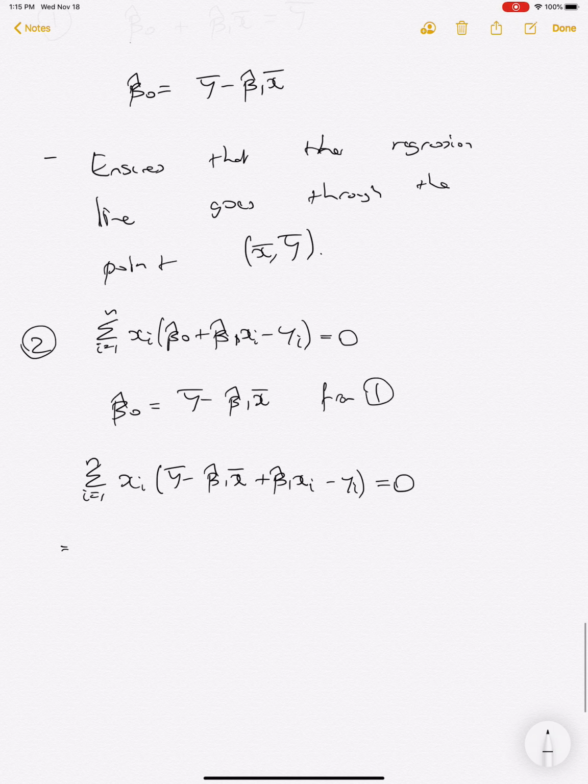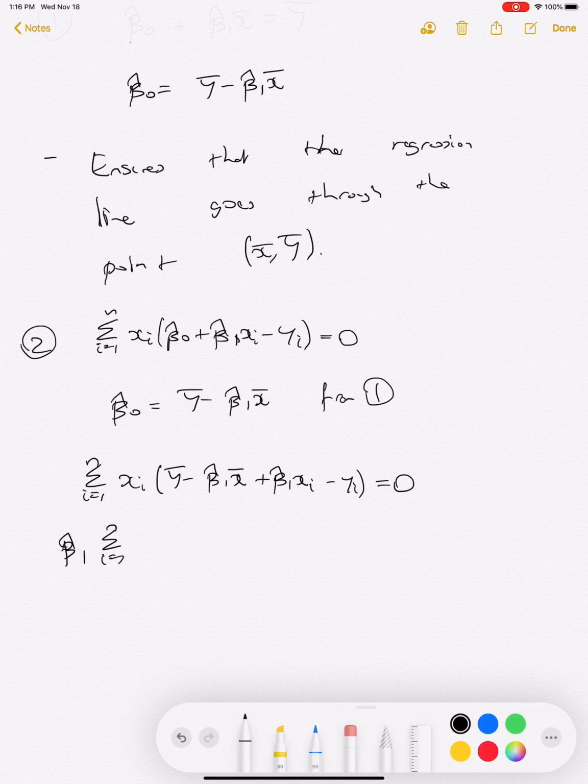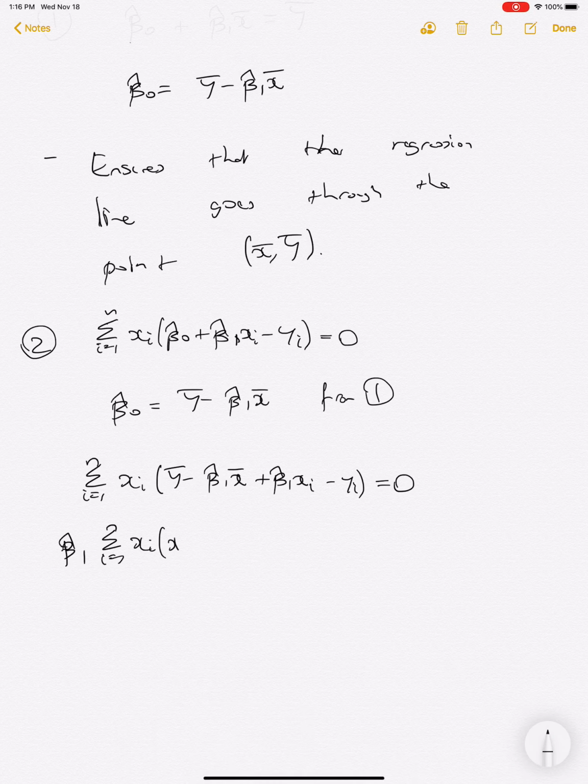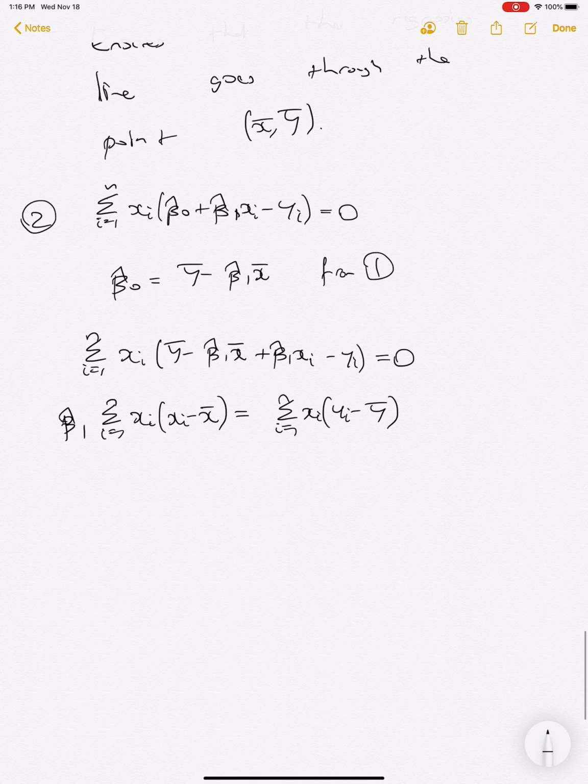And when we rearrange, we have beta hat 1 times this thing equal to this, and so you can clearly see that beta hat 1 is just going to be